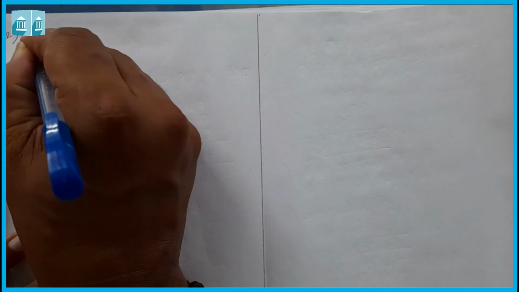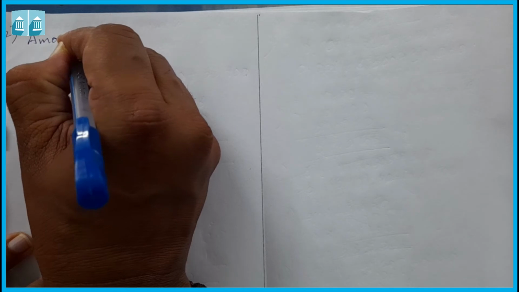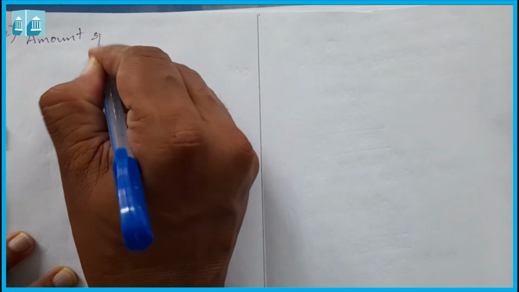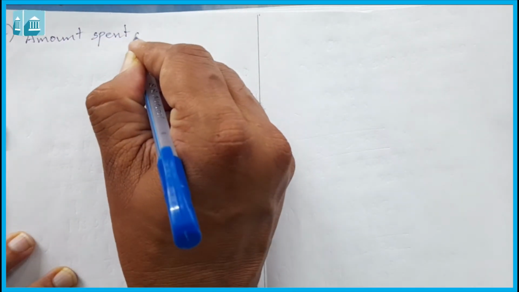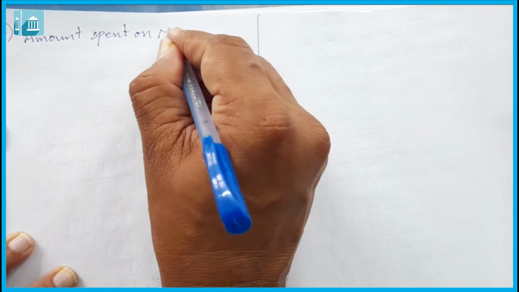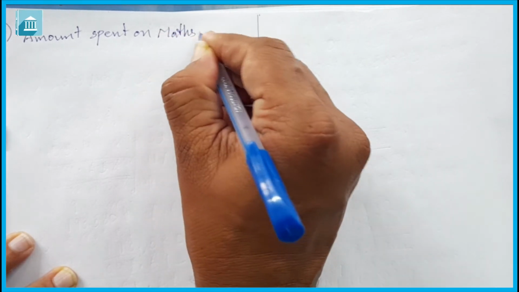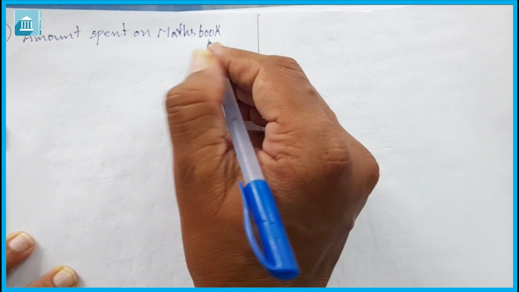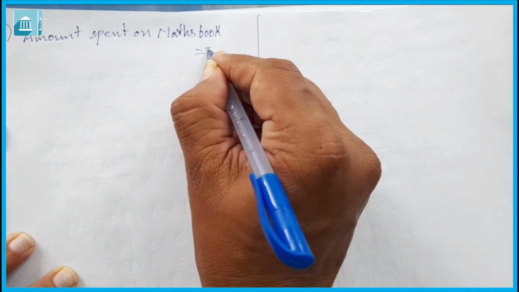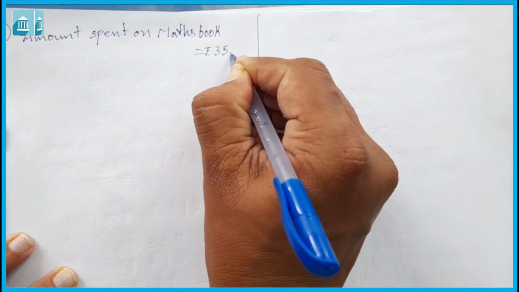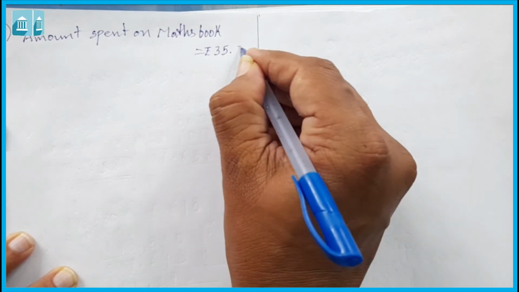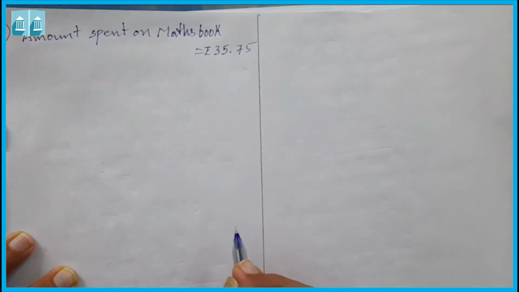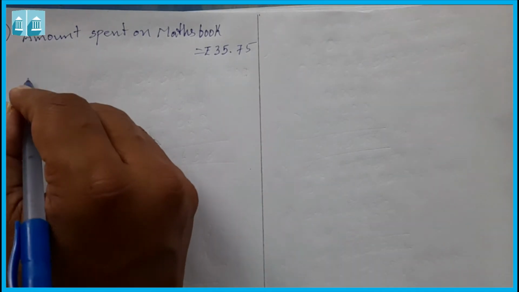So here the amount spent on maths book is equal to, given, rupees 35.75, then